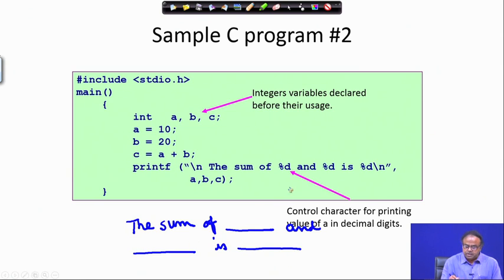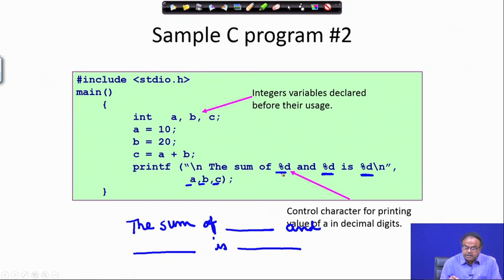There are 3 gaps, one here and one here. Now, how will these gaps be filled? They will be filled by the values of A, B and C respectively. Each of these dashes will be filled up by the respective values of A, B, C.